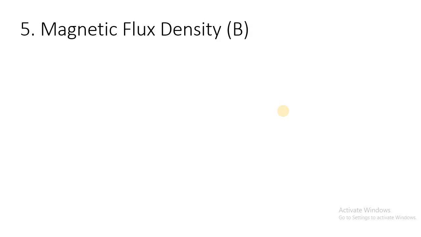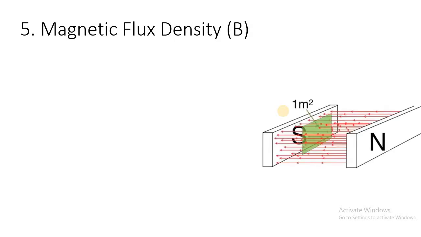So magnetic flux density is nothing but the total number of magnetic flux lines per unit area. If we see this particular image, we have taken two magnetic poles, one is the N pole, another one is the S pole. N pole is radiating magnetic flux lines and S pole is accepting magnetic flux lines. Now in this image, just assume that N pole is radiating 100 lines and S pole is accepting 100